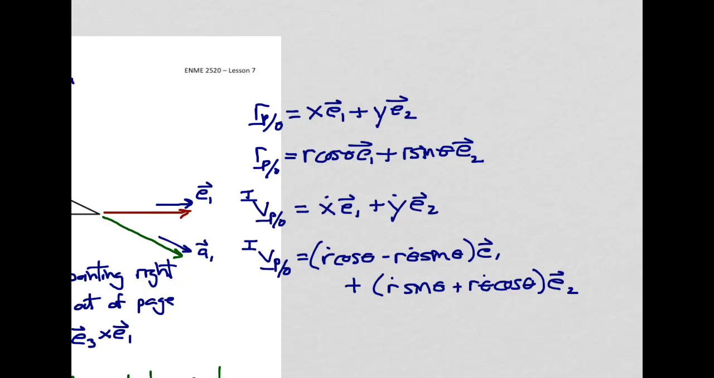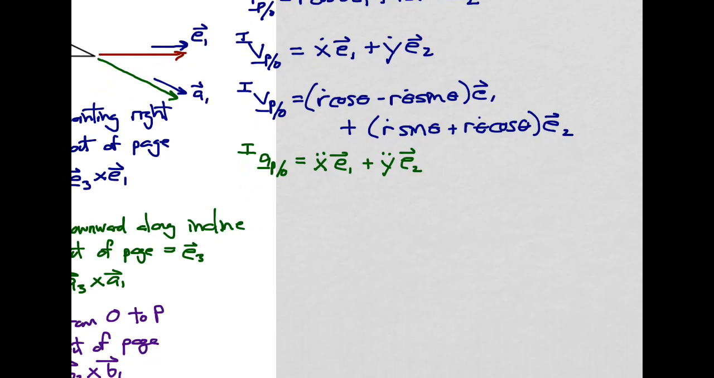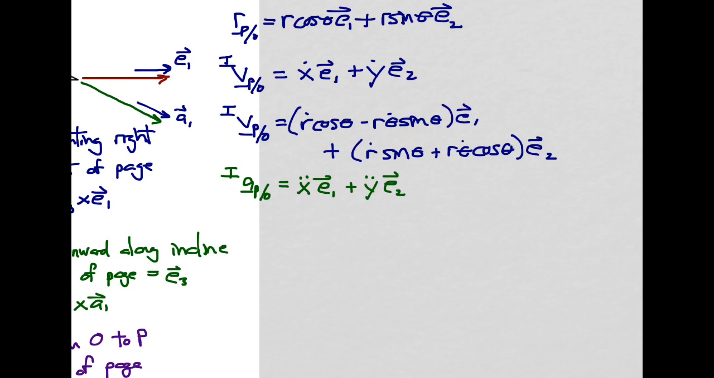Alright, and using our vector derivative we can also calculate the acceleration for each of these. And so the acceleration of P with respect to O in the inertial reference frame, in Cartesian coordinates it's x double dot e sub 1 plus y double dot e sub 2. Easy enough. Now in our polar coordinates the expression gets a little bit more complicated, and so using the chain rule once again,